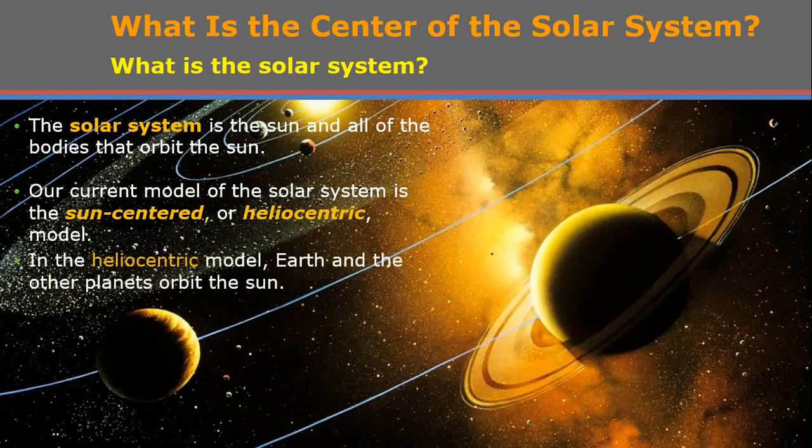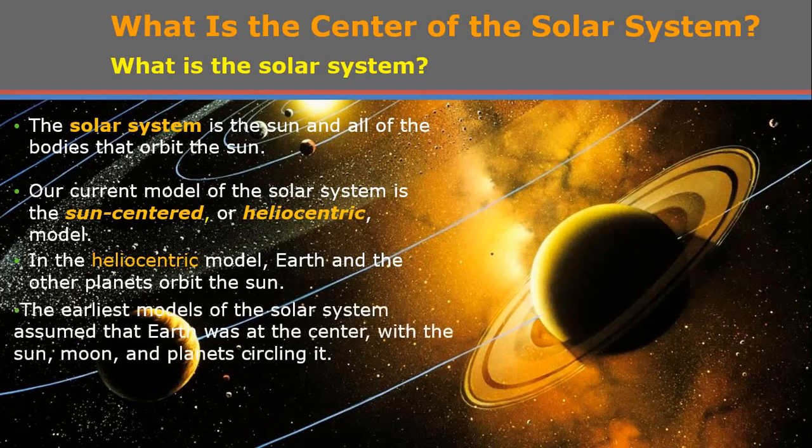And of course, in the heliocentric model, Earth and all the other planets orbit the sun. Not just the other planets, all the other celestial bodies that are out there next to the sun, they all orbit the sun. Now, in the earliest days, let's say since the Greeks, people thought that because Earth,